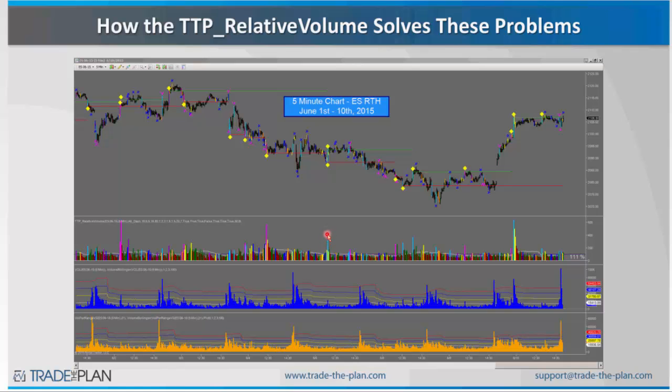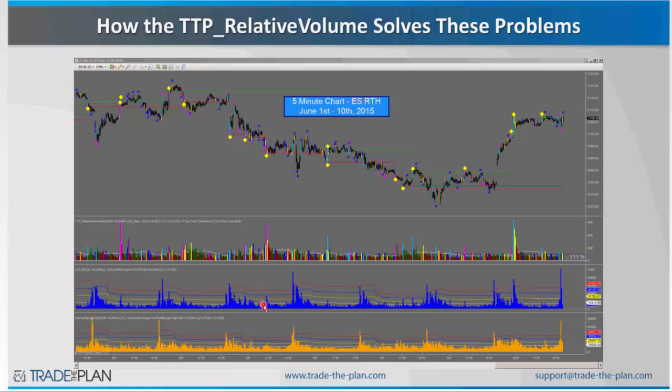What that relative volume is doing, let's say we're looking at this bar right here, this big blue bar. Let's say that bar occurs at noon. Here's the volume of that bar at noon. Let's say it's 10,000 contracts on the ES on a 5-minute chart. What we're doing with the relative volume is we're taking that noon bar, that 12 p.m. bar, and we're comparing it with an average of the previous, let's say in this case, 15 or 20 days,